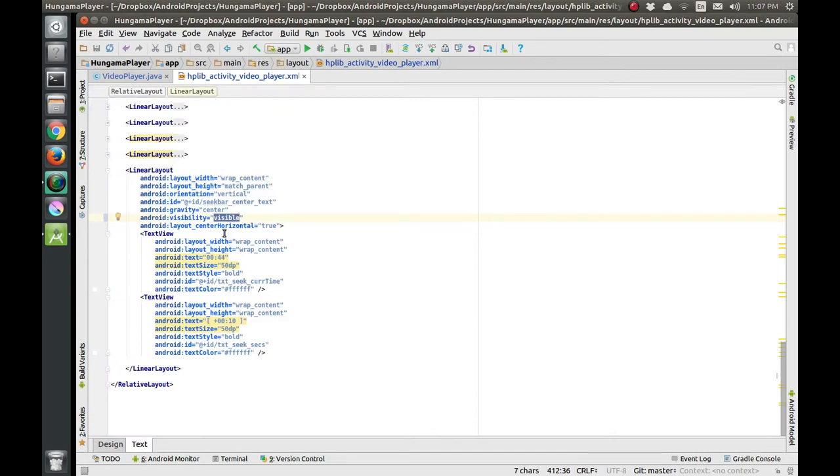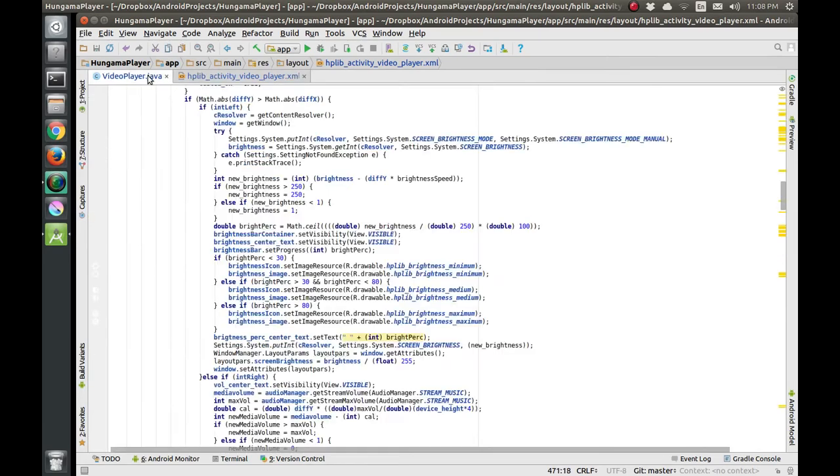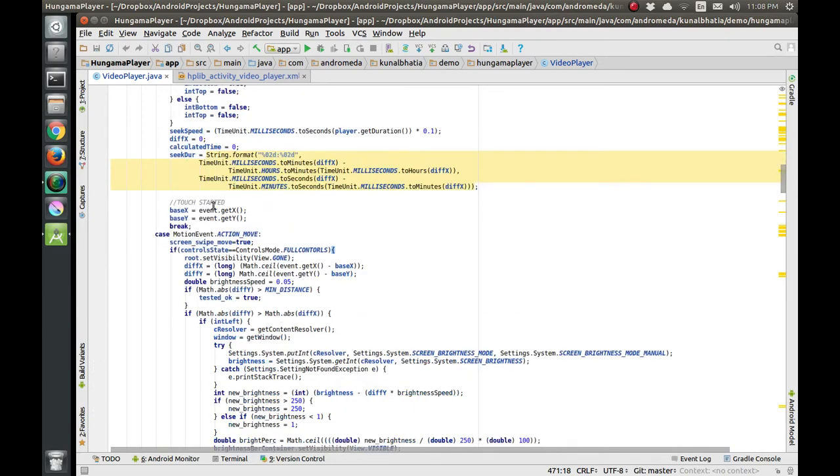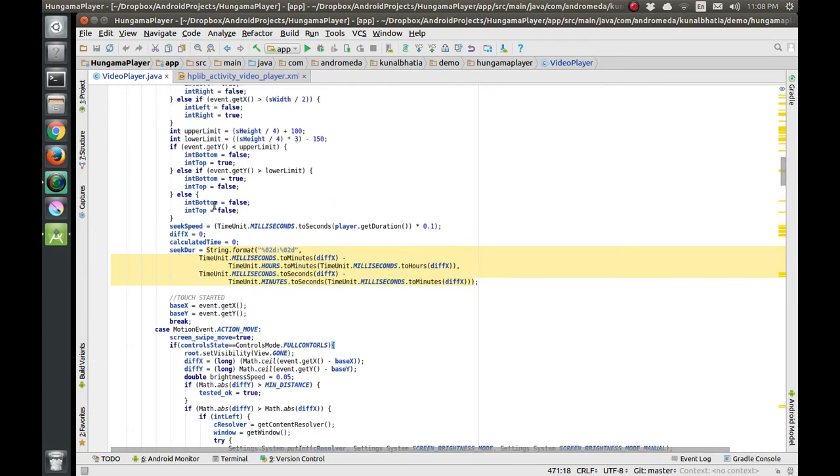Because we don't want the user to initially see these controls, we only want the user to see them when he's swiping. So let's come to the code now. So this is swipe control. So when the user taps on the mobile,